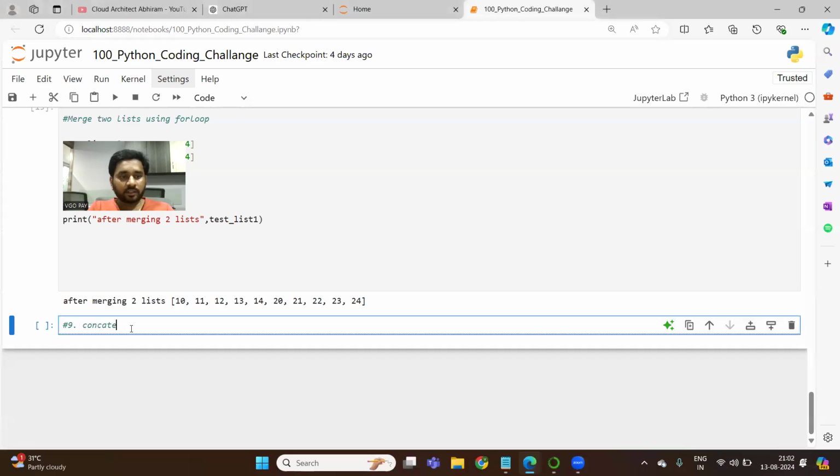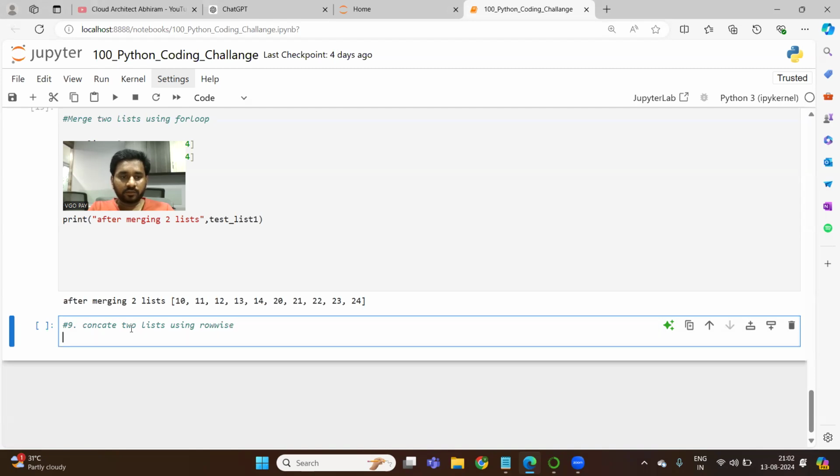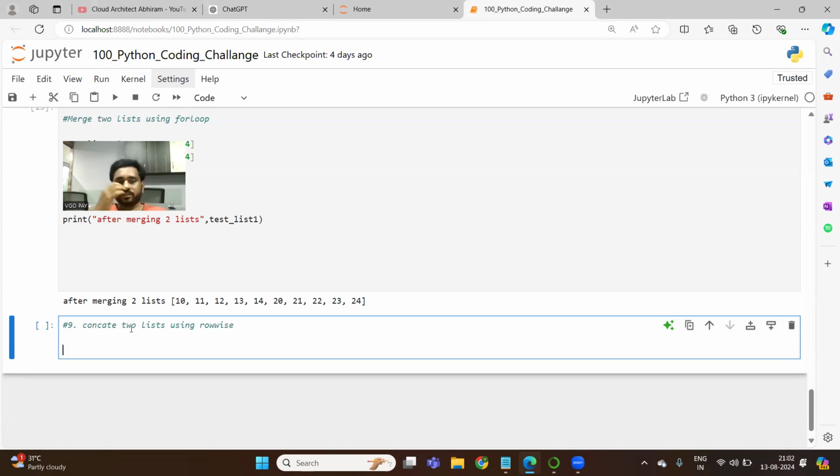The challenge is that the concat tool is using row wise. So there I'm giving a test_list_one, 4, 3, 5. Maybe I can give one empty value